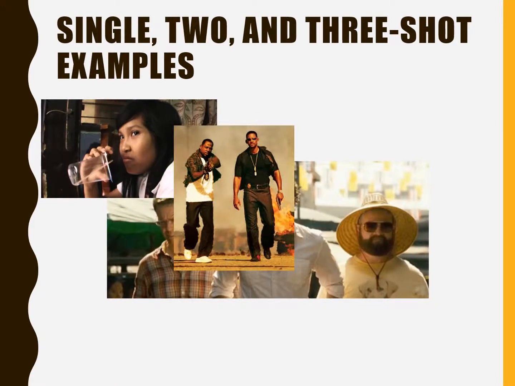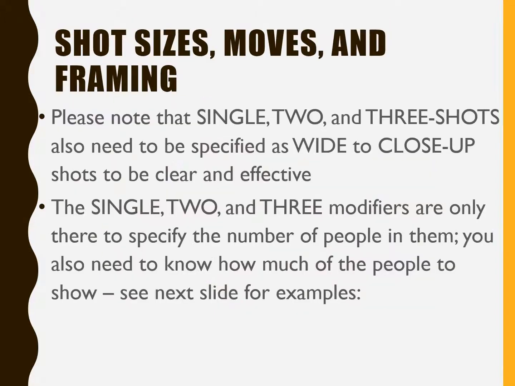So here's some examples. We have a 1 shot, we got a 2 shot in the middle, and at the bottom there from The Hangover, I believe we have a 3-shot, right? So those are some examples. When you download the PowerPoint, it will click through these while you click through them. Well, here they're all at once in the video, but you can click through them one at a time if